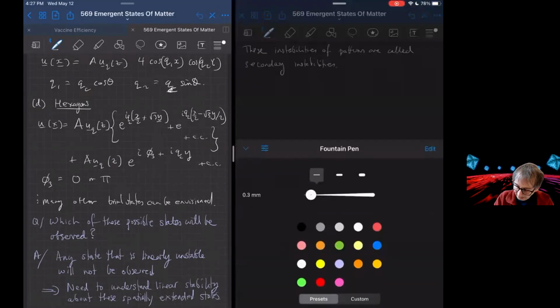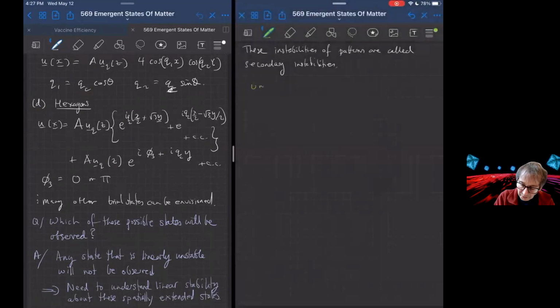So why? Well, it's basically this. You start off with a uniform state that has the first instability to forming a pattern, and that pattern has another instability to forming a different pattern. And I'm going to leave open the idea that it may not even be a static pattern, it might be a dynamical state, for example, turbulence. So this would be the first instability, and this would be the second instability. Okay, so